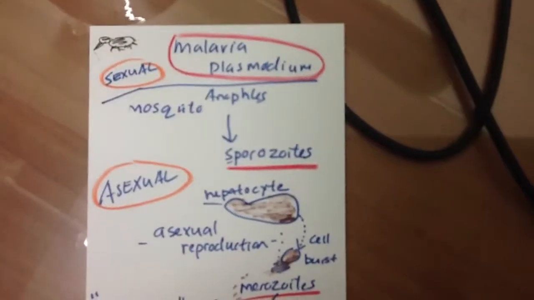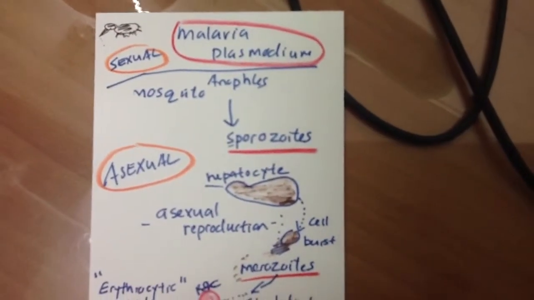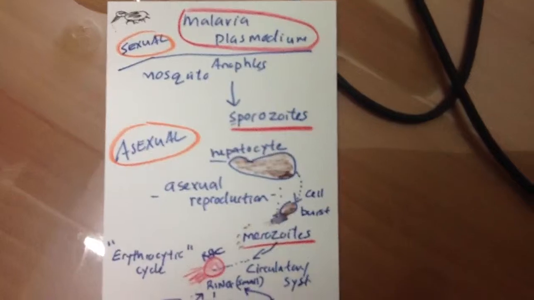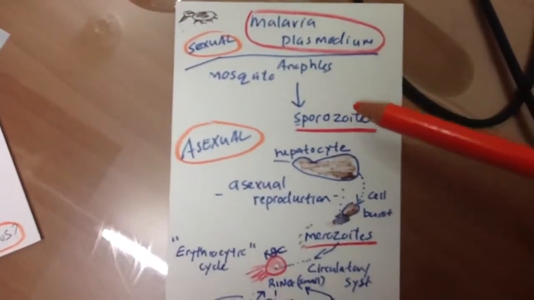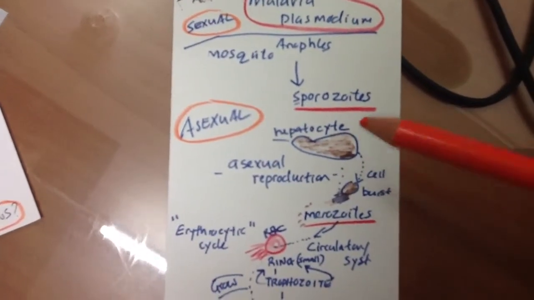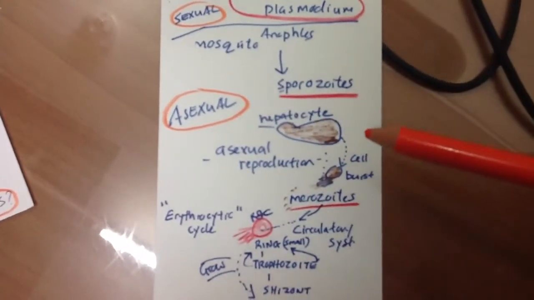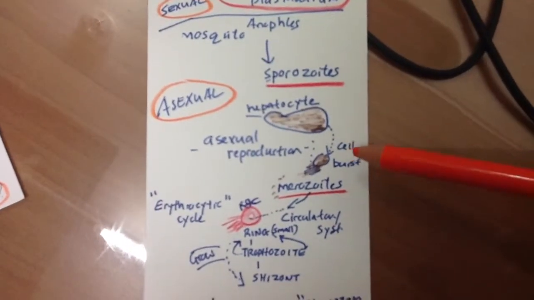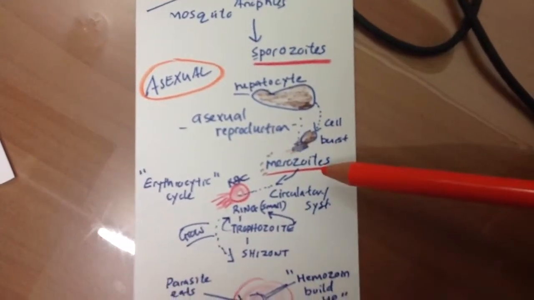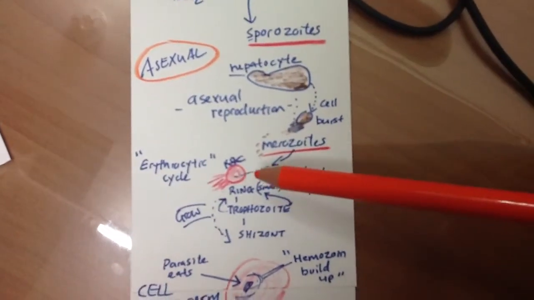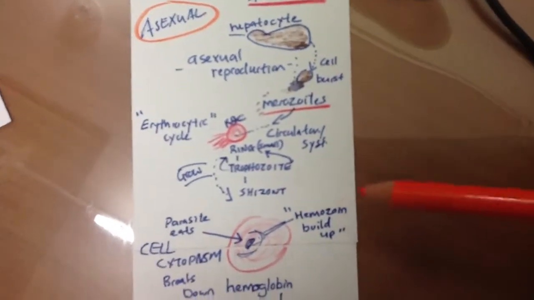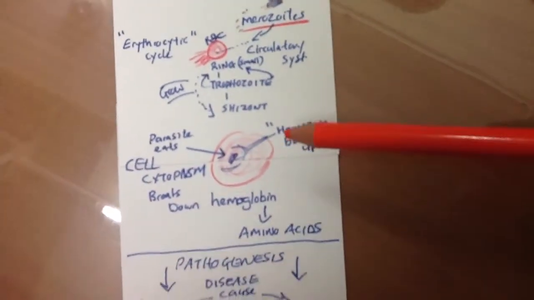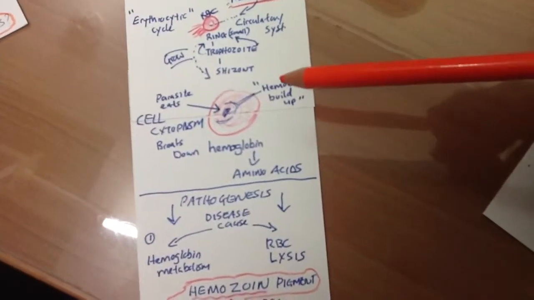So let's take a look again. You can see that it starts with the malaria Plasmodium, and the mosquito then sends in the sporozoites that go to the liver. This is the asexual stage, and then the hepatocyte bursts, merozoites come out and go into the red blood cell, and then there's the ring, trophozoite, schizont, and looking inside the cell you can see there is a buildup of the hemozoin,